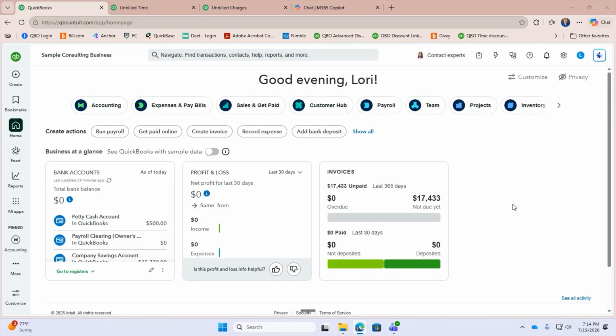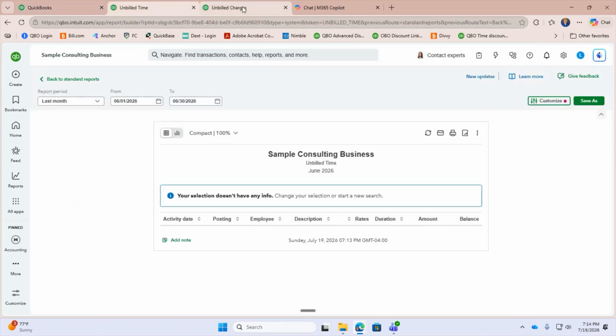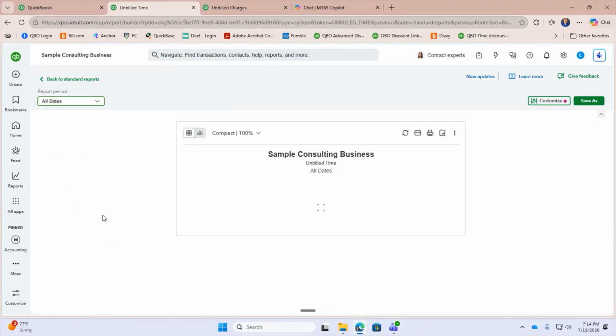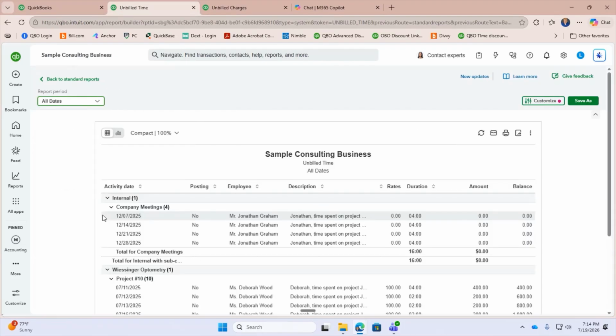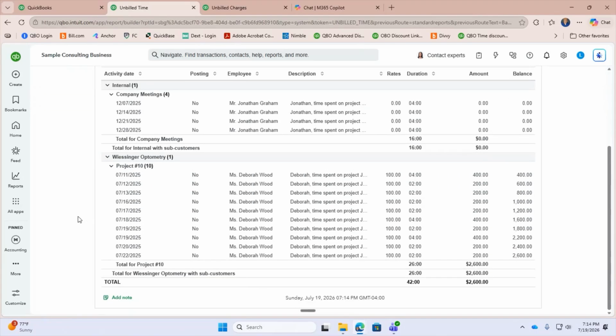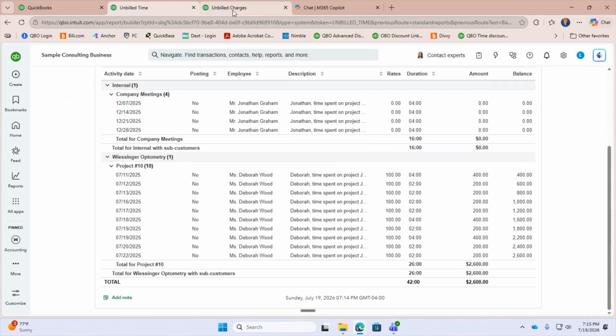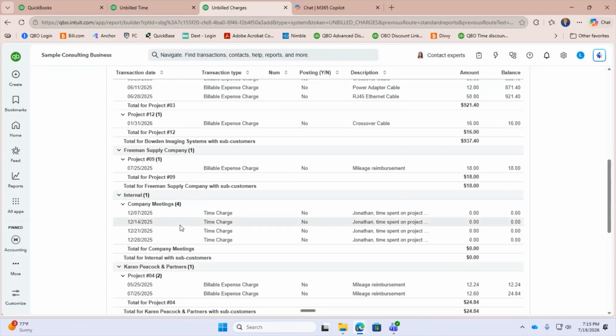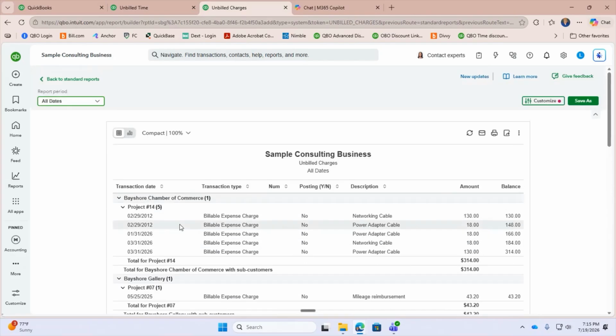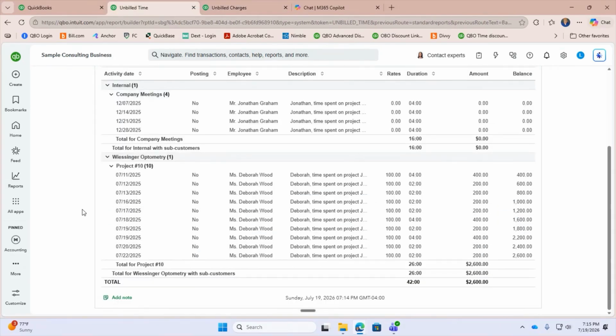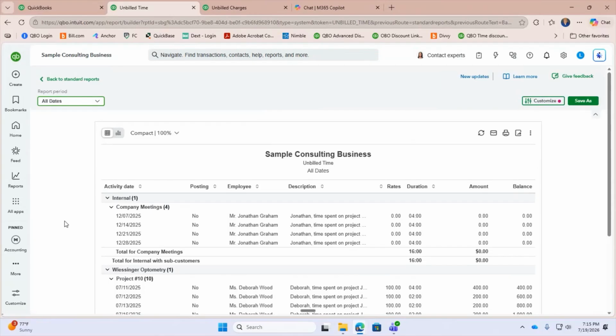So I'm looking at the unbilled time and unbilled charges report. I actually want the unbilled time, everything that's been unbilled. I want to be able to create a report that has both unbilled time and unbilled charges that I can give to a project manager and say, these are things that have not been billed yet. Would you like me to bill them to these two projects or to all of these projects and have them all in one report? So the first thing I want to do is save this report,